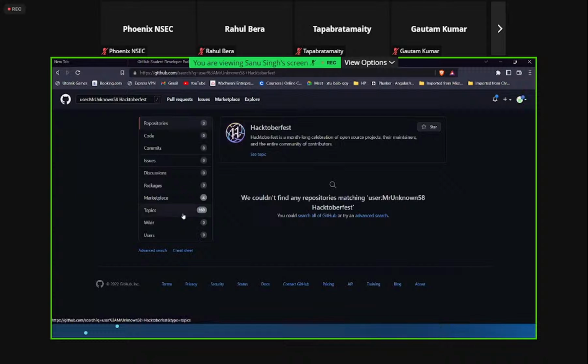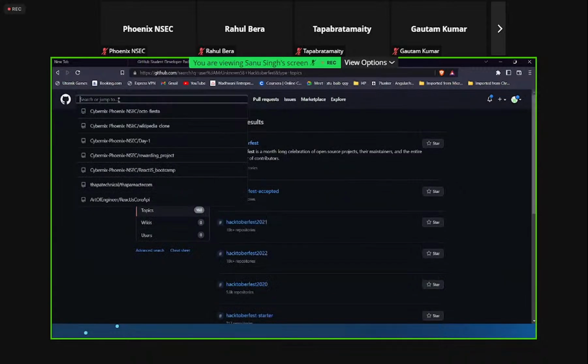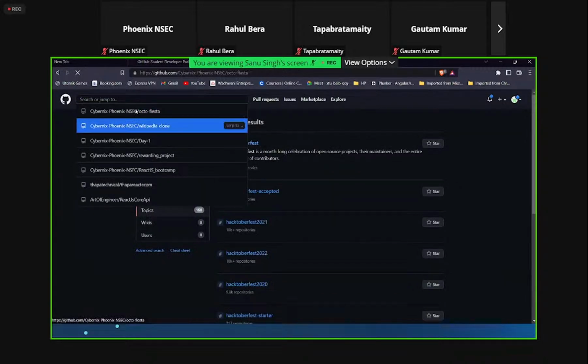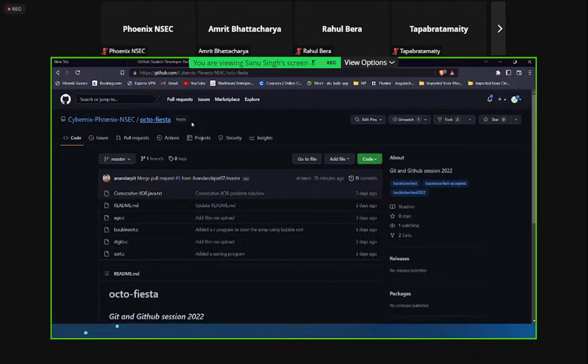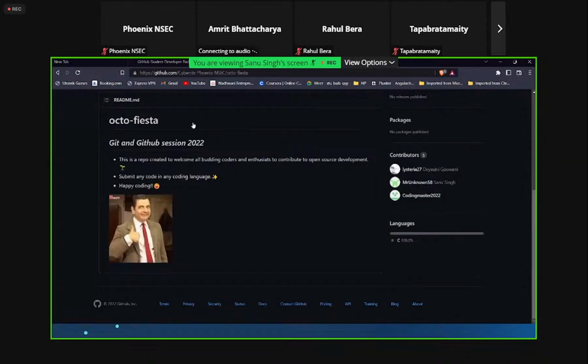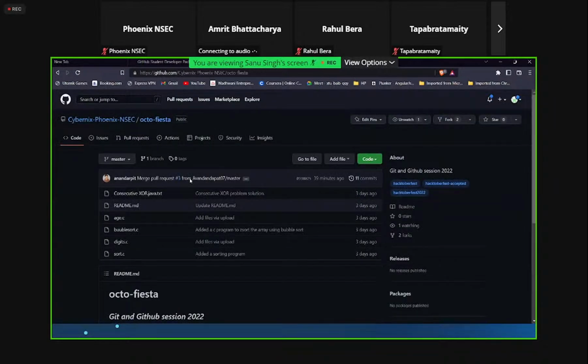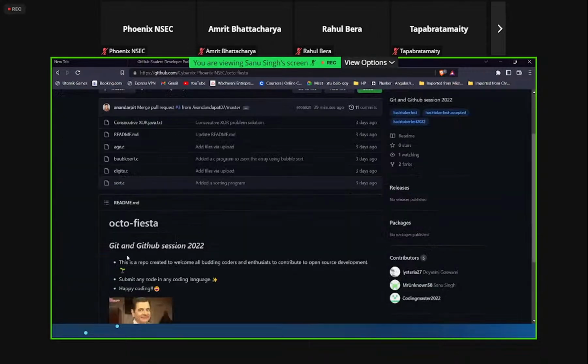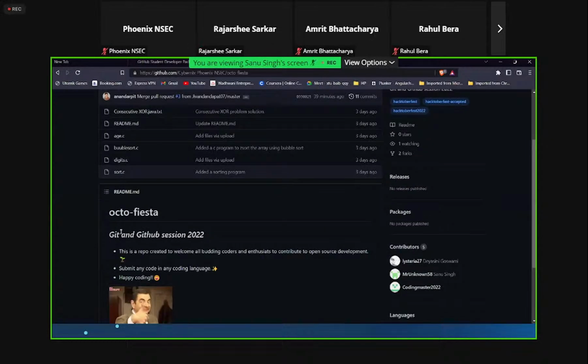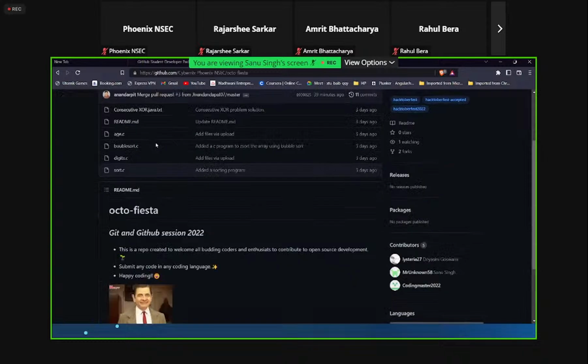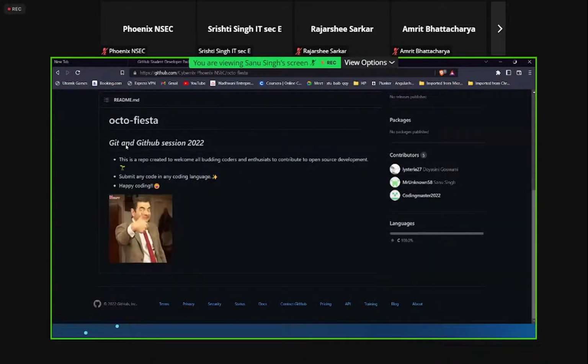You will get a lot of topics here. Hacktoberfest tags, so created for you all. Here's the repo: Cybernix, Phoenix, NSCC, Octo Fiesta. You can see the repo. There are some files added. The first thing that you'll be doing after opening a repo is